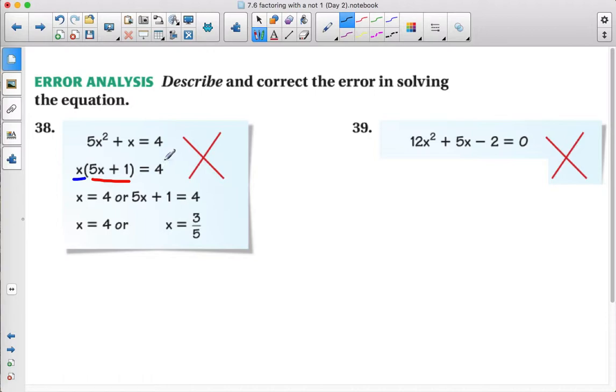The only way that this trick works is if this side is equal to 0. You need one side equal to 0, because there's a lot of numbers that multiply to be 4 that don't include where one of them was 4. You know, instead of it being 1 and 4, maybe they were 2 and 2, or they could have been 16 and a fourth. So the problem here was you can only say that when I multiply 2 pieces and it equals a number, that one of those pieces has to be this number on the far right if it equals 0. So the problem was they